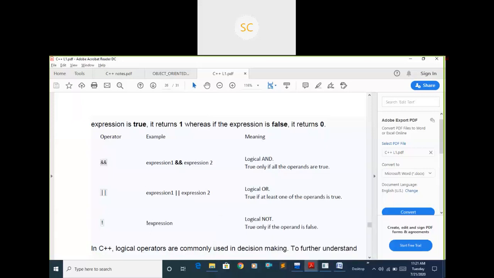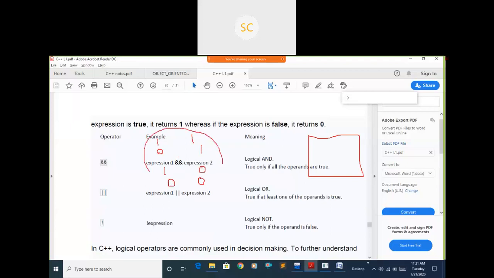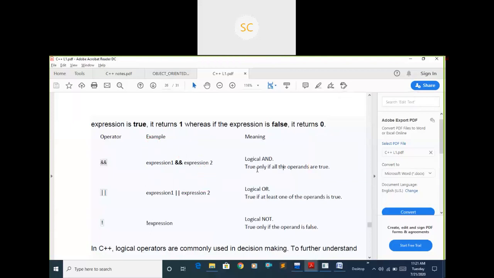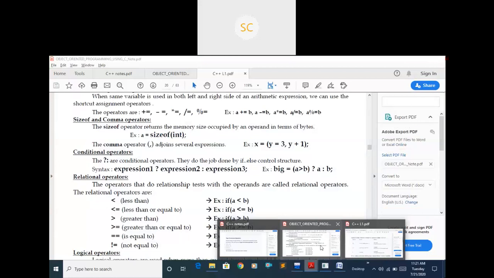For example, if you consider the AND operator, sometimes both expression 1 and expression 2 are true, sometimes the first one is true and the second one is false, sometimes both are false. Then how will you get the output? Internally it follows the logical AND truth table, which looks like this.